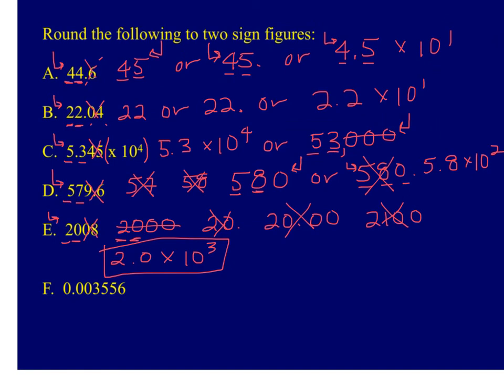So you can see in the other examples we had several ways of writing it correctly with rounding and significant figures, but in this case there's only one way to do that correctly. So remember that will only happen when you're trying to keep